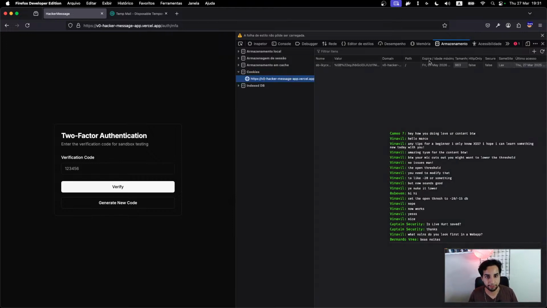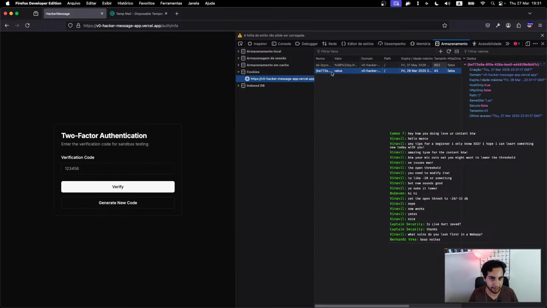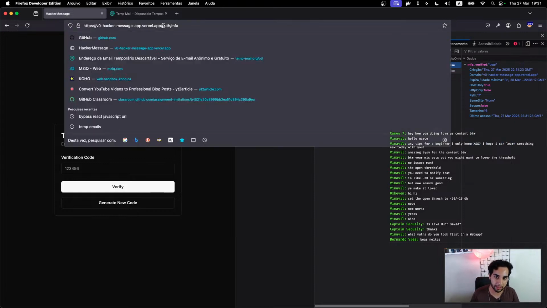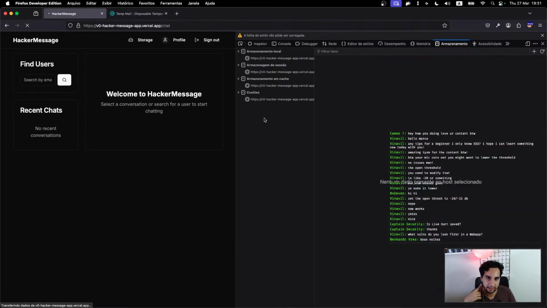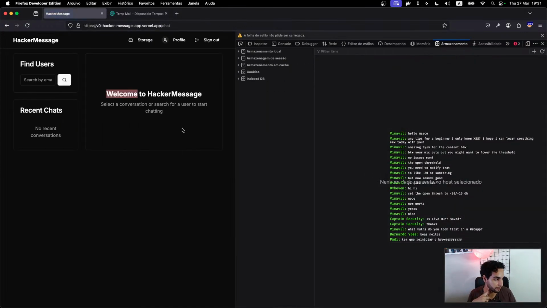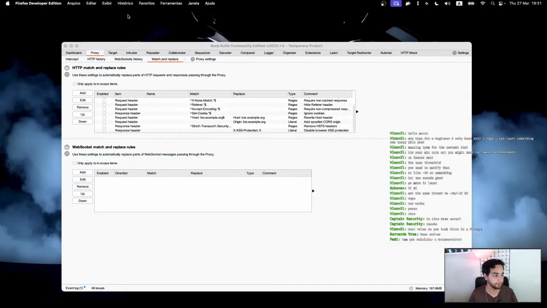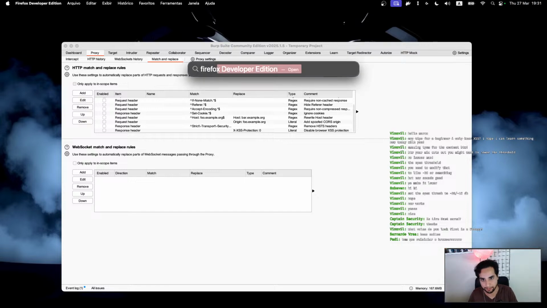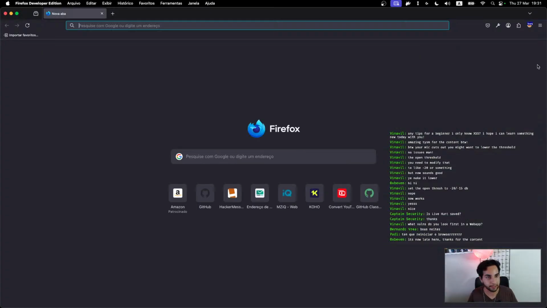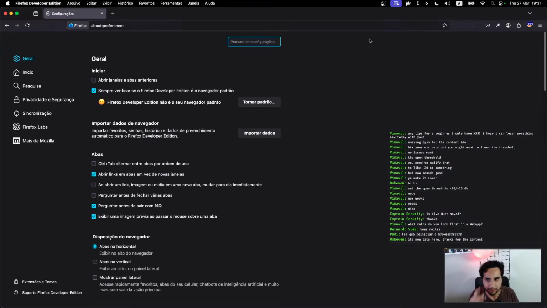So let me create a cookie again here. I will name this cookie MFA verified, and the value will be true. What happens now when I try to access the application? The application is vulnerable. Okay, so this is what appears in this scenario. Let me refresh my browser. Yeah, it didn't work. I believe this configuration is somehow